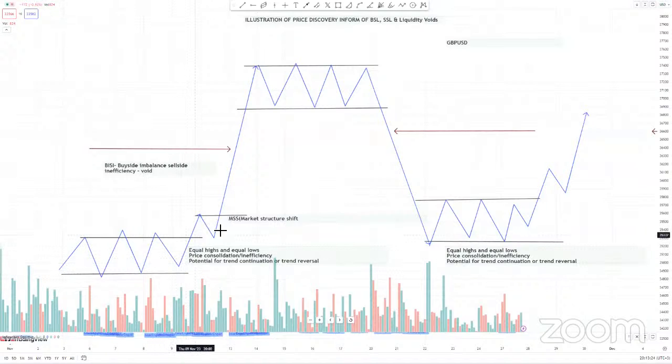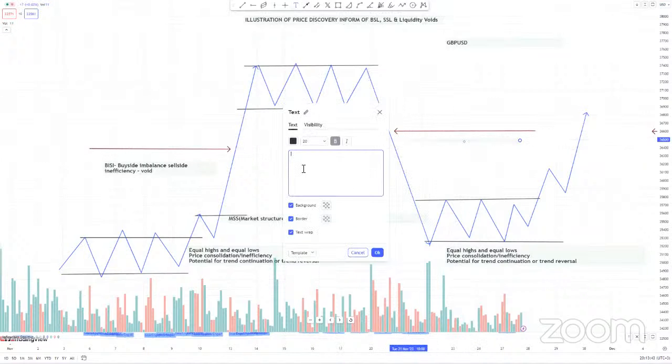So when price has a market structure shift back to the upside, we are going to be looking for trades where we are selling into the market, or we shall be looking for the market to reverse back and fill this void that has been created. So you can see that what happened here was price actually reversed lower, and we saw